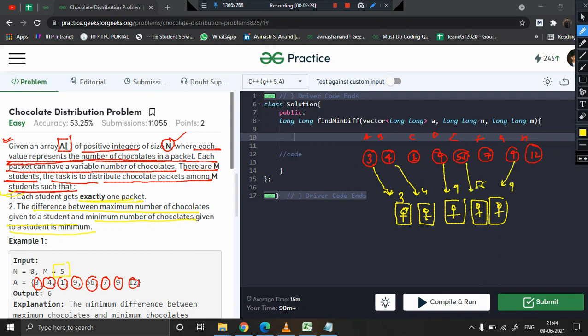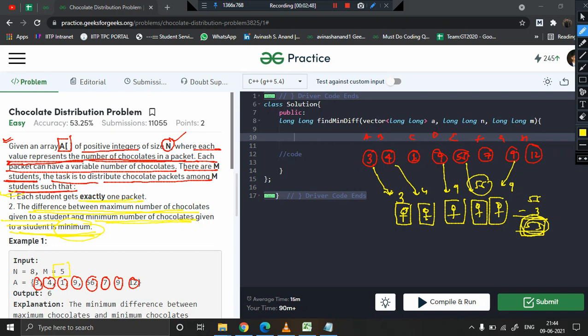What is the maximum received by a student? 56. What is the minimum? 3. What is the difference? 53. You can see our target is to minimize this difference, so there should not be much difference between the maximum and minimum chocolate given to a student.